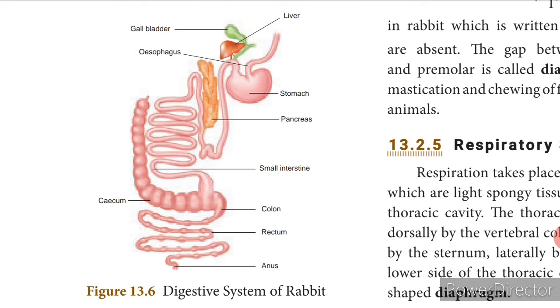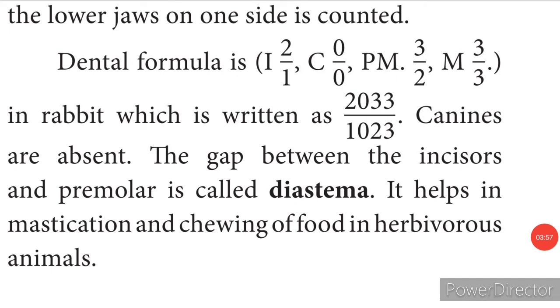Now you have the formula to express the dental arrangement. That is called the dental formula. Look into the screen, children. Here this gives you the dental formula of the rabbit. Now here in the formula it is written as I, C, PM and M, isn't it? So it denotes the incisor, canines, premolar and molar. Now it is given in fractions, isn't it? So this gives you the number of teeth present in the upper and the lower jaw. Now for example, incisors, there are two in the upper and one at the lower. This dental formula can also be written as 2033 divided by 1023.